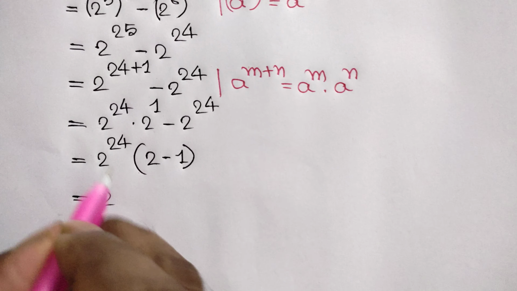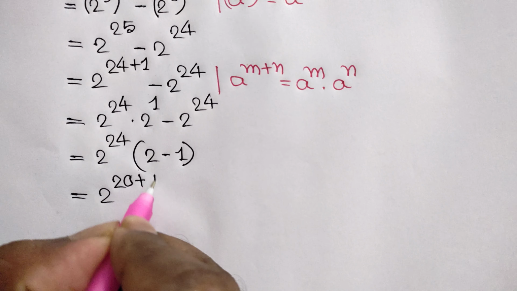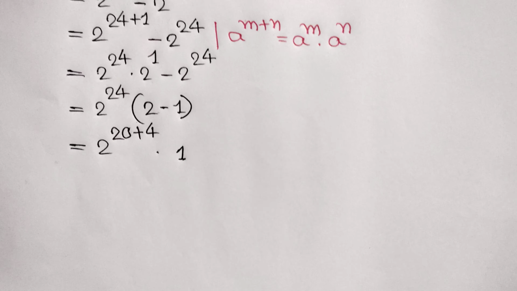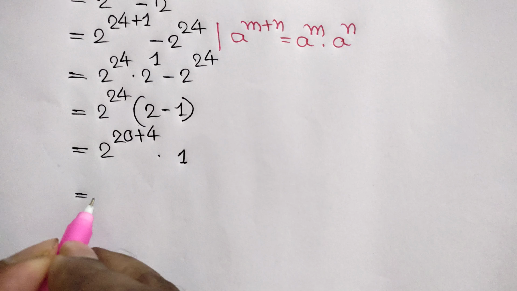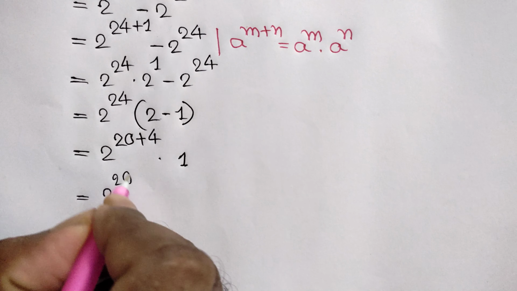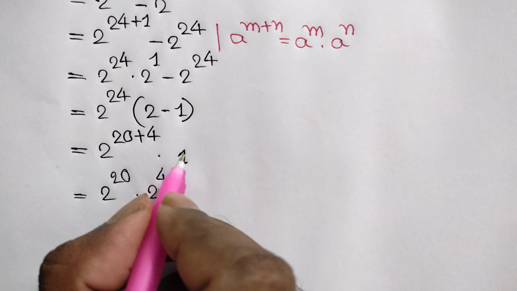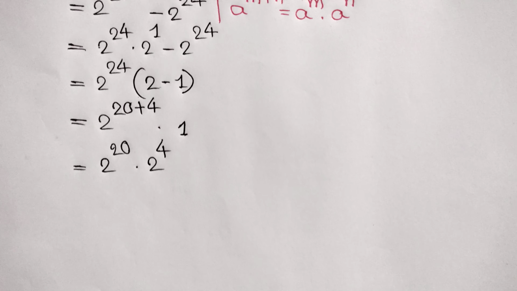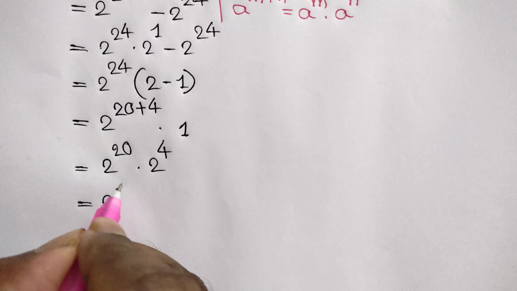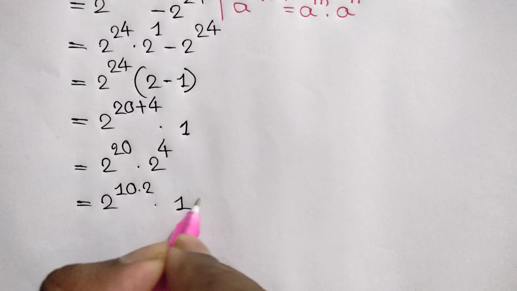is equal to 2 to the power, now this 24 can be written as 20 plus 4, times 2 minus 1 is 1, is equal to, now apply this formula. Here we can write 2 to the power 20 times 2 to the power 4, now this 1, is equal to 2 to the power 20 can be written as 10 times 2, times 2 to the power 4 is 16